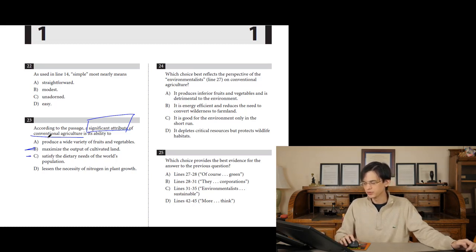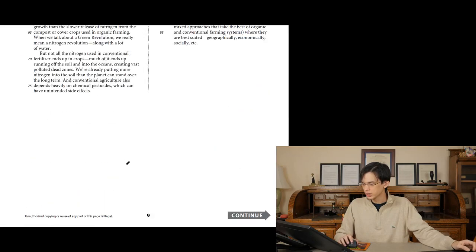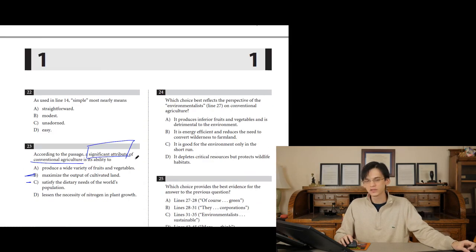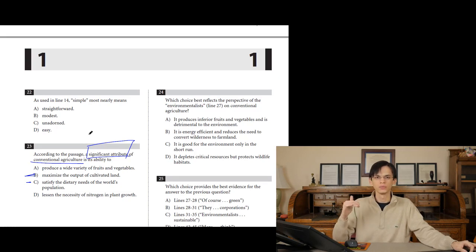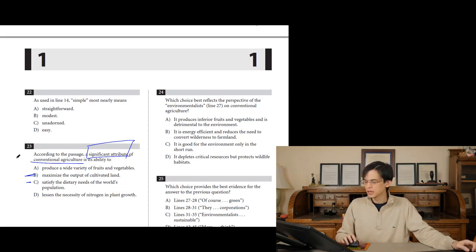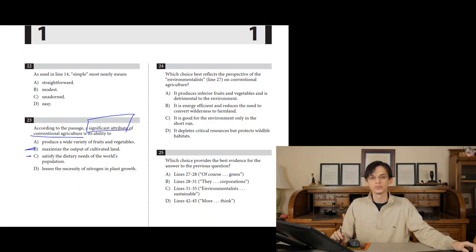Let's negotiate between B and C in a second, because part of me likes C because we did say that conventional agriculture is more efficient. However, they never talked about this, and this is where you oftentimes have to catch yourself when you might be overstepping. Everyone does it, or at least maybe not everyone does it. I admit I do it. But it's important to realize when you think about a logical conclusion, and then you back check it with whether or not that was said in the passage. Because you can maybe infer that, well, conventional agriculture can produce more food, therefore it will satisfy the dietary needs of the world population. But at the end of the day,